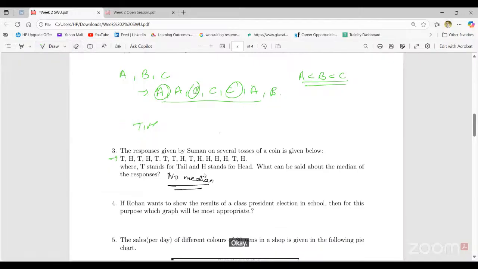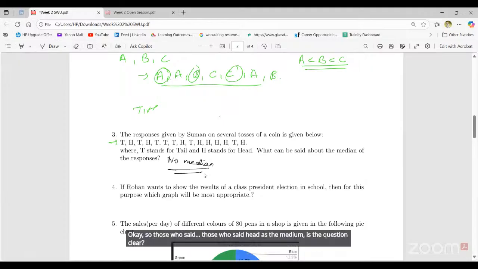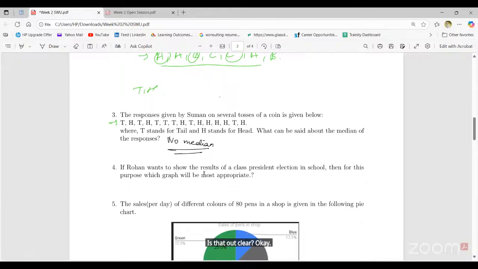Those who said head as the median, is the question clear? Are the doubts clear? Okay. Can we move forward to the next question then? Now the fourth question is,